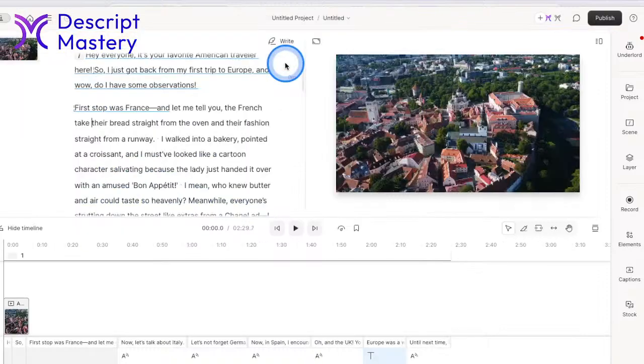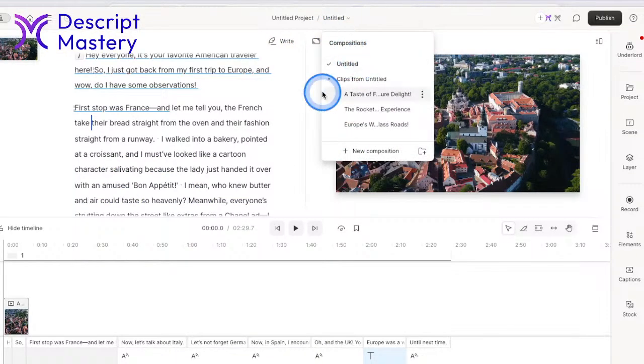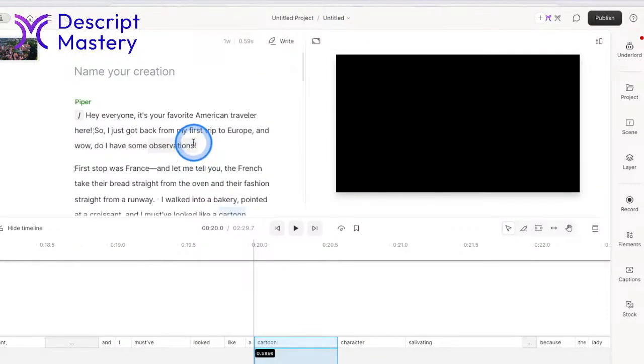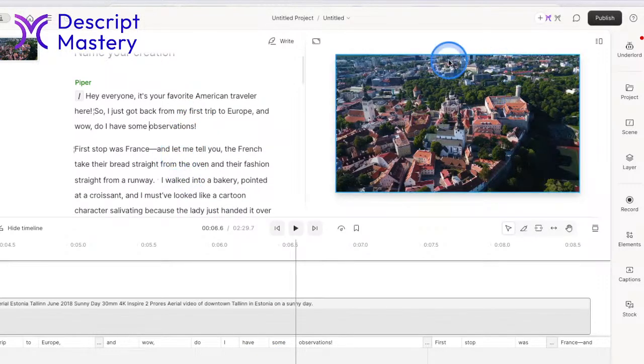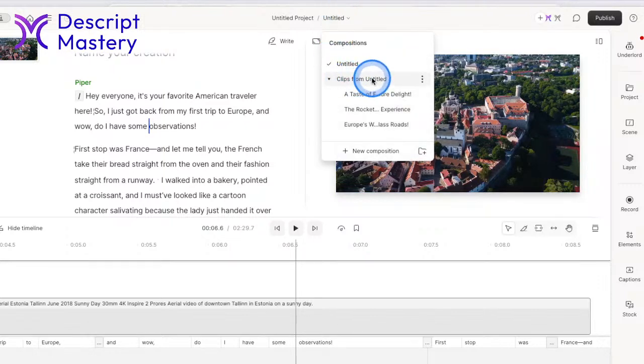The first one that I just clicked on, called Untitled, is our source video. This was the one that we pulled the clip from. This was the one I generated with AI and put stock video over. So then when I generated the clips with Underlord, it created a folder called Clips from Untitled.